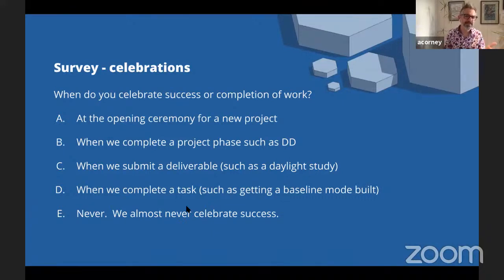Obviously, the word celebration can mean different things to different people. It can be a pat on the back, I guess, or something more formal. But I've got a few more seconds if you want to have a vote. Okay, cool. So it looks like, unfortunately, there's a substantial proportion of people who don't celebrate success, and